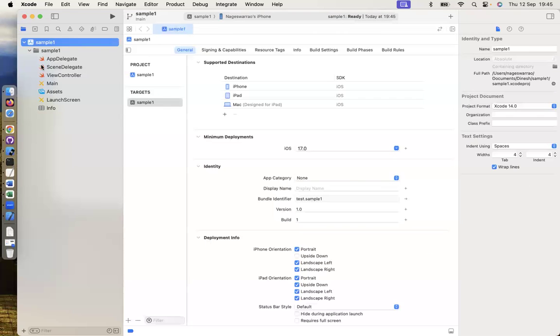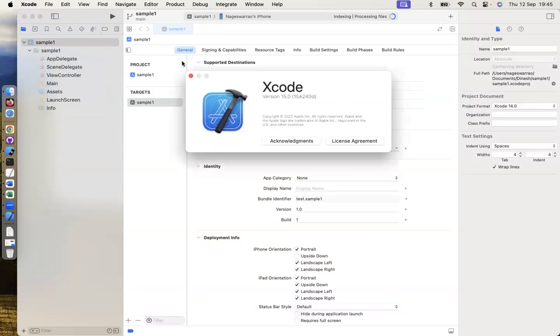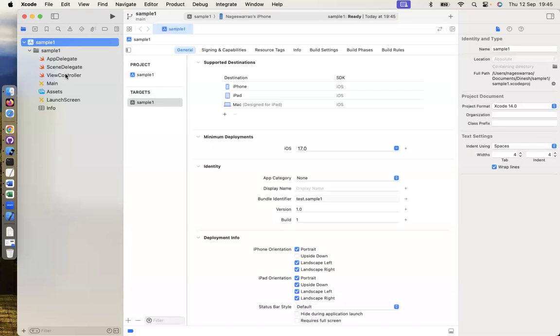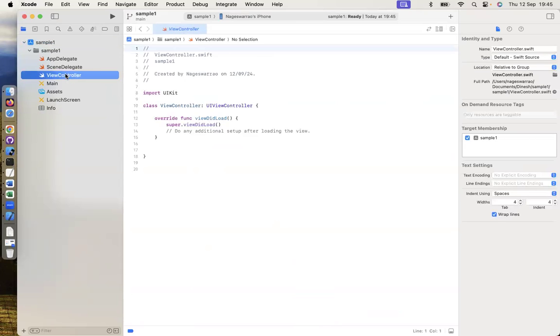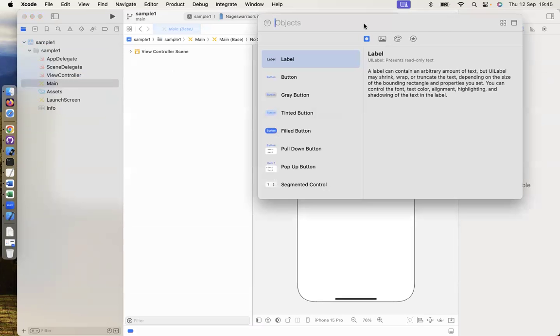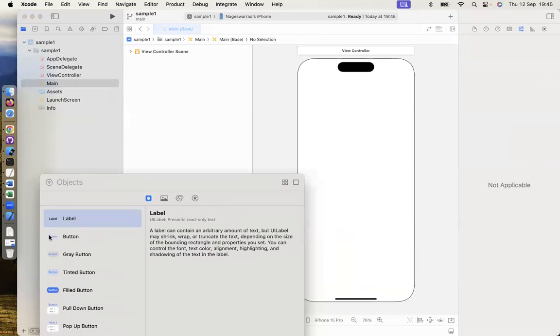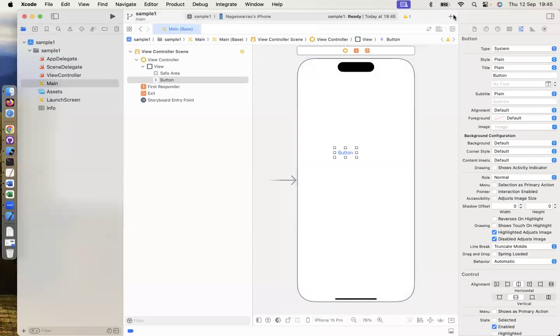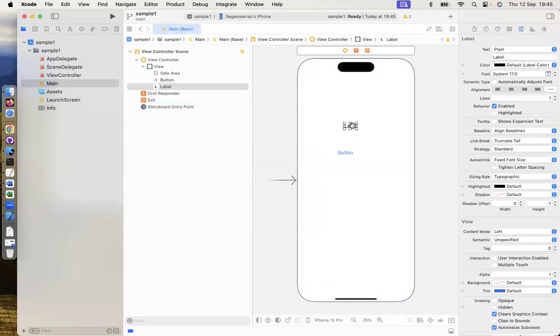In this we are not writing a single line of code. What is the advantage of the Xcode IDE? It automatically generates the code. 50 to 60% of the code is automatically generated. We don't write anything if the requirement is fundamental. Next, this is the interface. What elements do you want to integrate? For example, we have the button. If you want to show a label, we can easily drag and drop the elements using storyboards or UIKit.